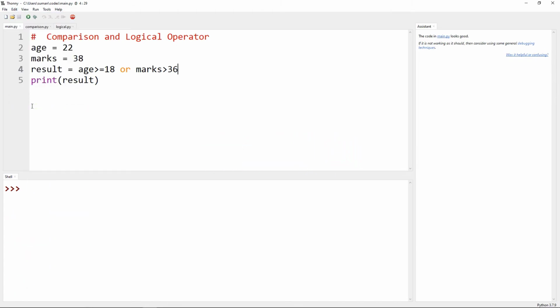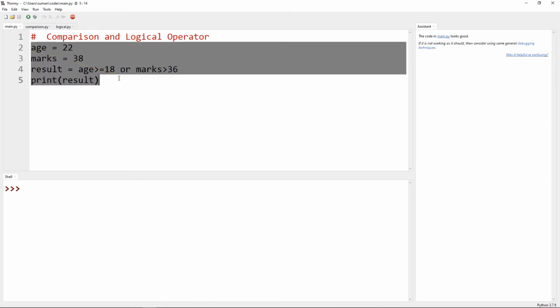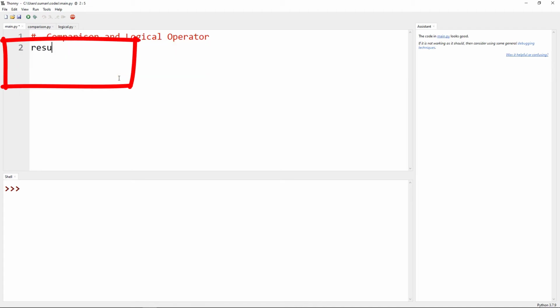The final logical operator is NOT, which gives the complement of the result. Let's change the complete code. We have a variable result with the Boolean expression true, and we use the print function to get the value of the result.